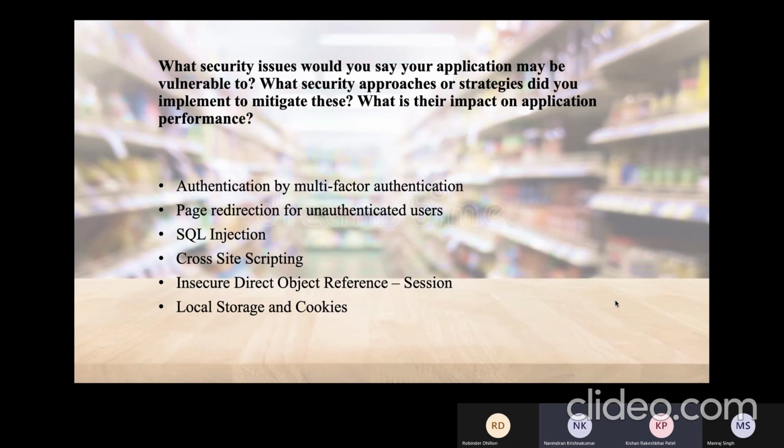What are the vulnerable areas in our application and how did we mitigate them? The common area of vulnerability in our application is the authentication of unsolicited users. If an unsolicited user gains access to one of the users of our application, and tries to log in and change the forgotten password, we have multi-factor authentication to block that. And there is page redirection: if a user is not logged in and tries to access the payment page, they will be redirected back to the login page.